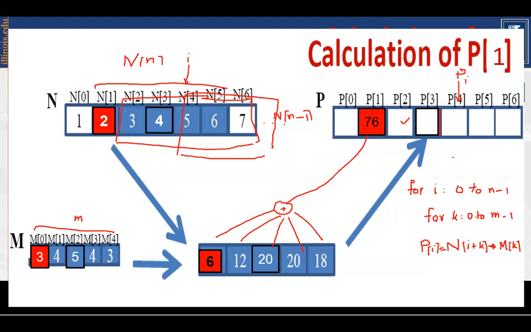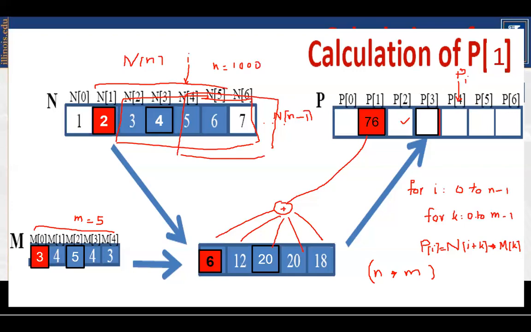So for this C code, what will be the order of complexity in time? N steps into m steps. If it is an array of 1000 elements and this mask was of 5 elements, what will be my time steps?